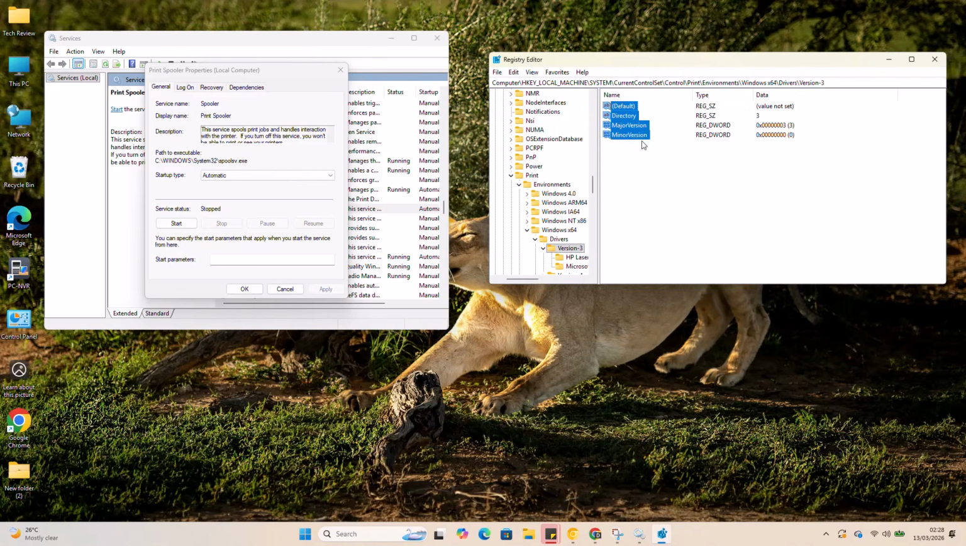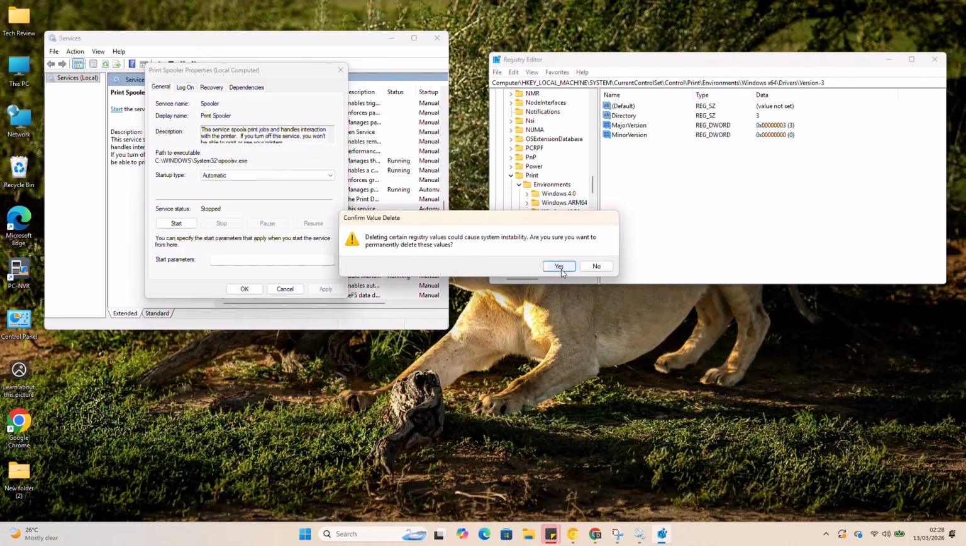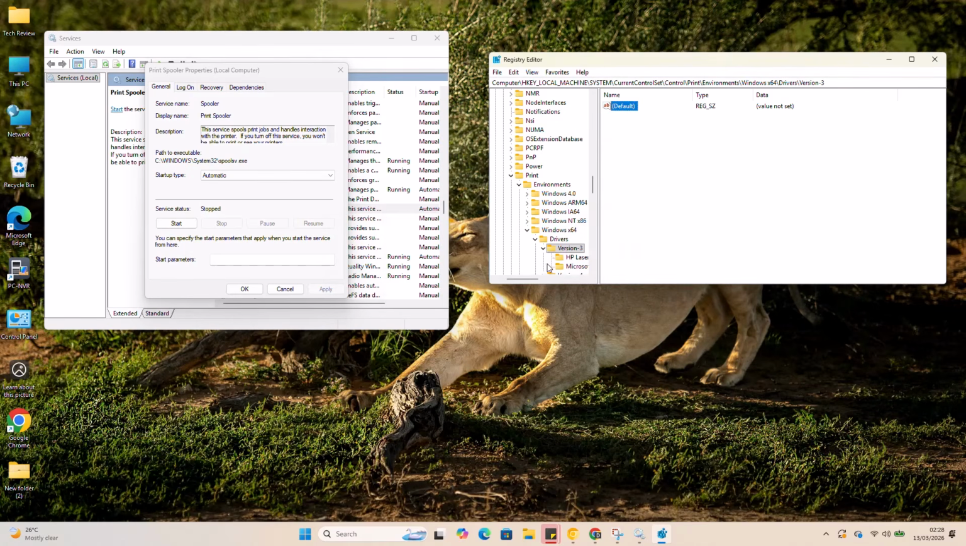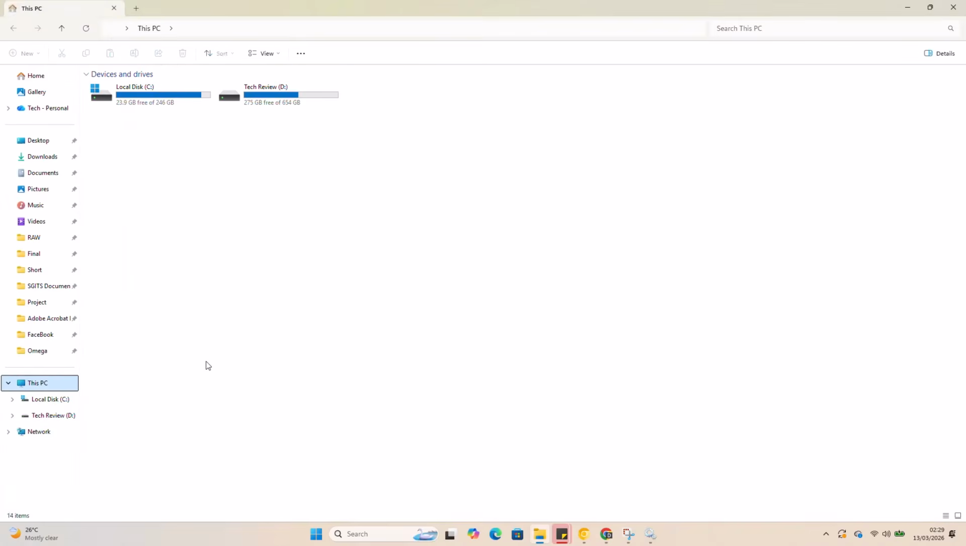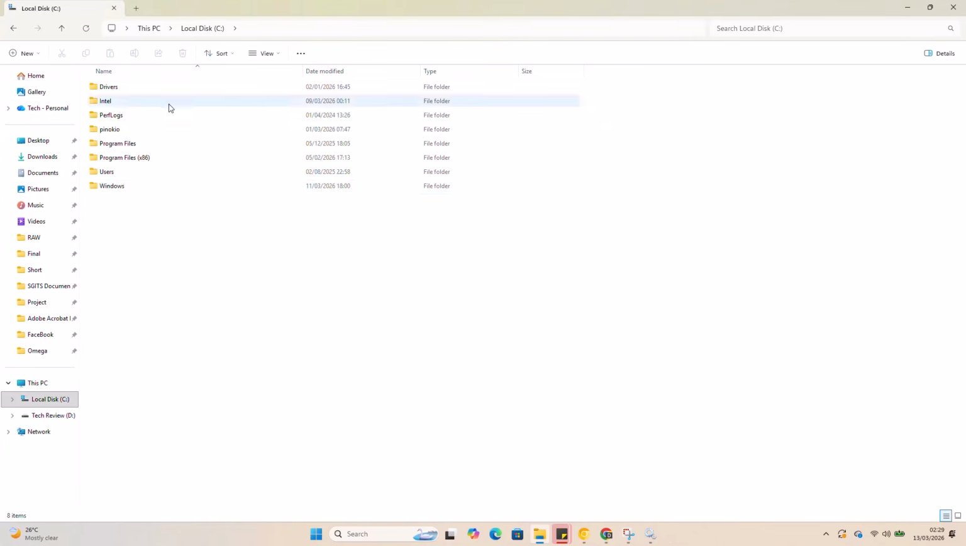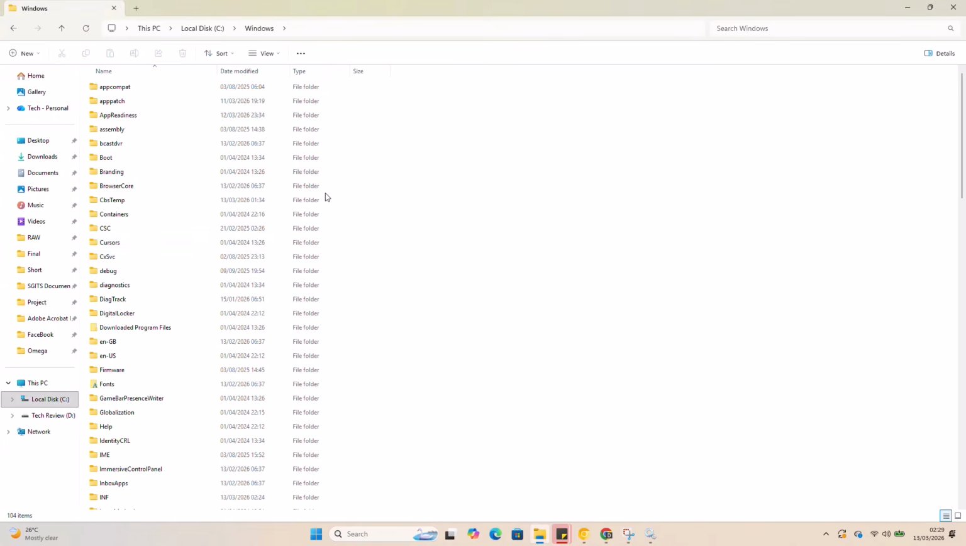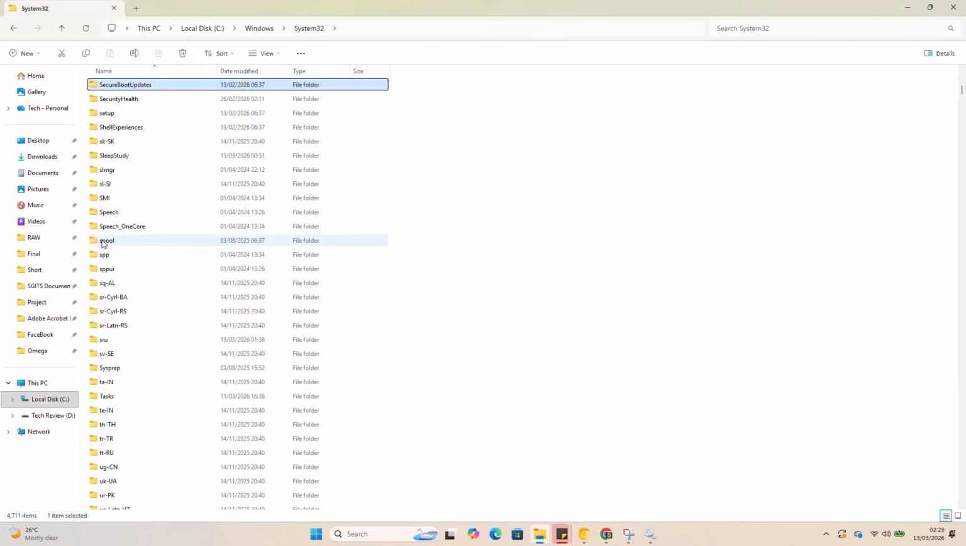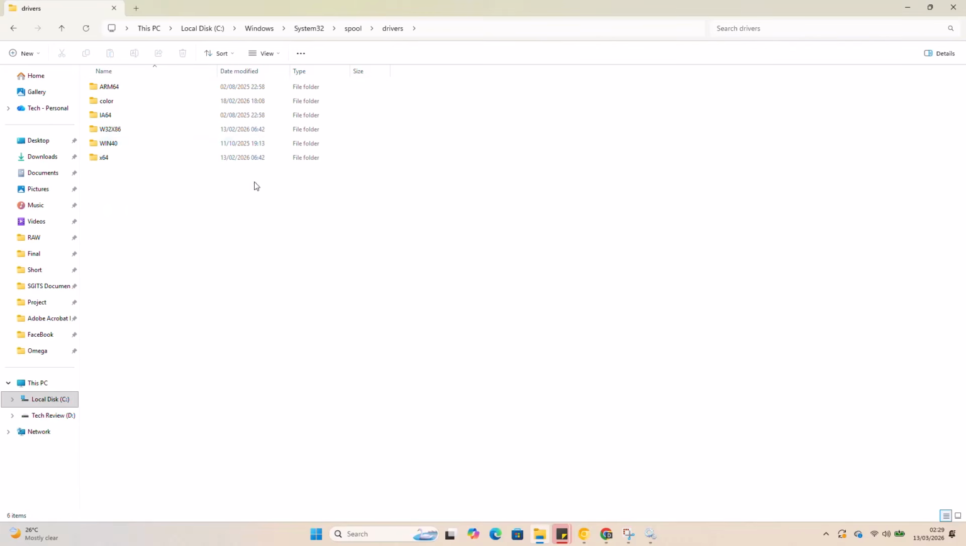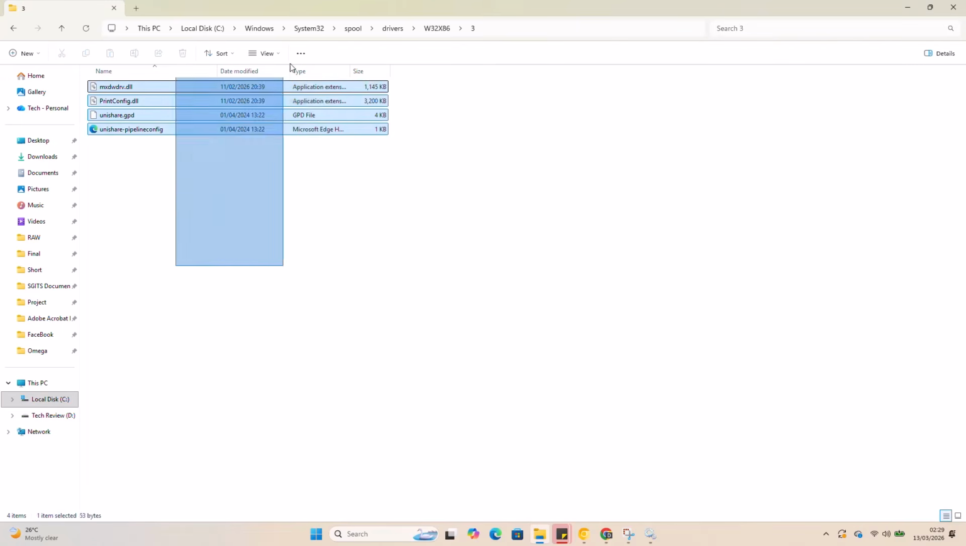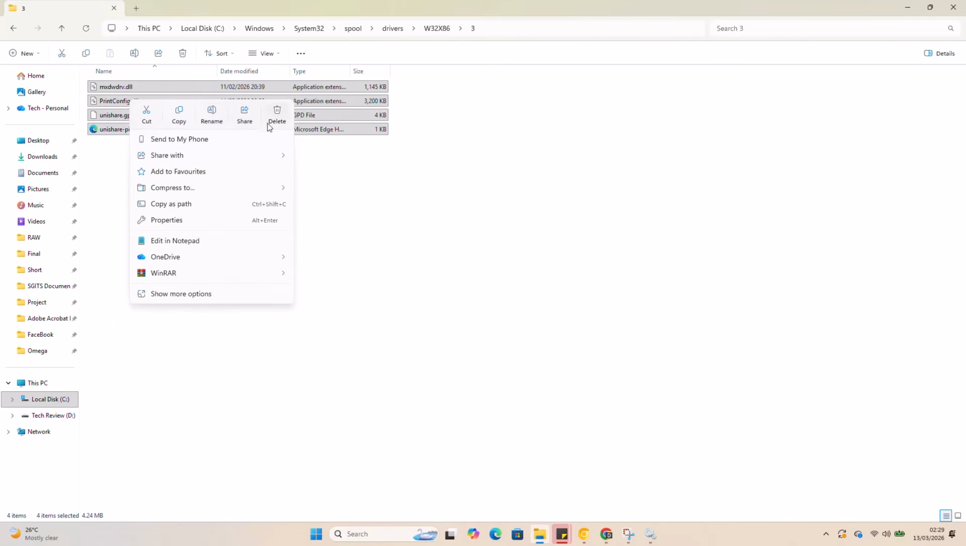Inside the version 3 folder, delete the subkeys and values related to the problematic printer drivers. Before making changes in the registry, it is always a good idea to create a restore point. Now open File Explorer, double-click on C, Windows, System32, Spool, Drivers, W32X86. Inside that folder, find folder 3. You can delete it. This step removes old printer driver files that may be causing the